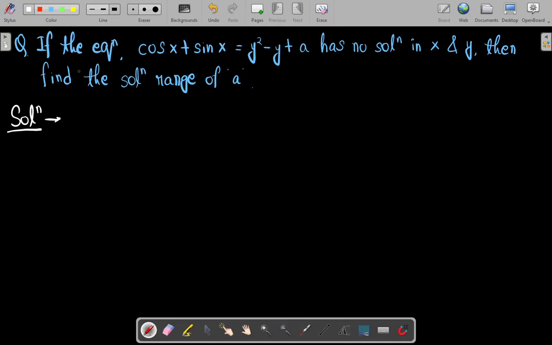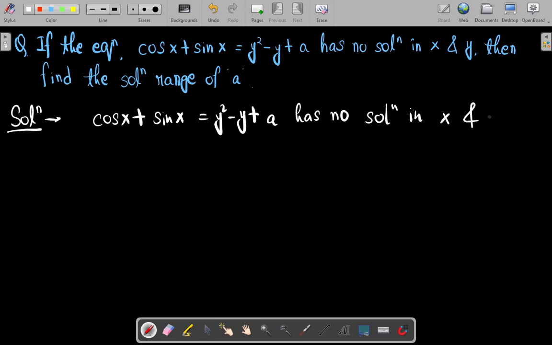Hello everyone. In this question, it is given that if the equation cos x plus sin x is equal to y square minus y plus a has no solution in x and y, then we have to find the range of a. Okay, so it is given that the equation cos x plus sin x equal to y square minus y plus a has no solution